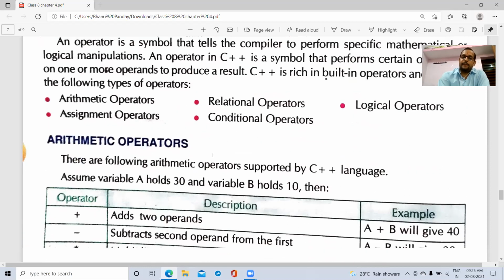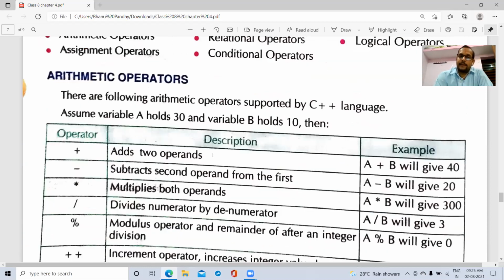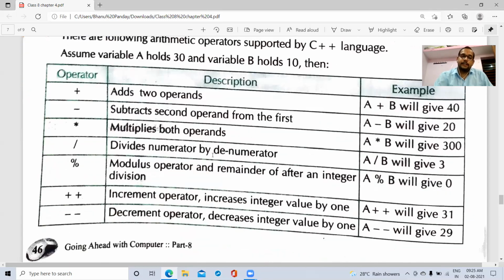First is arithmetic operator. Arithmetic operators are those operators which are used to perform only arithmetic calculation. In arithmetic calculation, we have plus, minus, multiply, divide, modulus, increment, or decrement. Clear? Now see this.